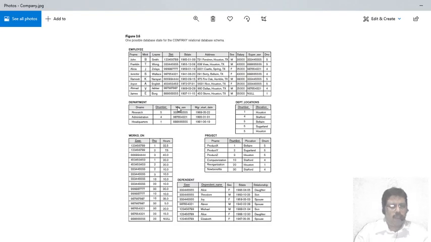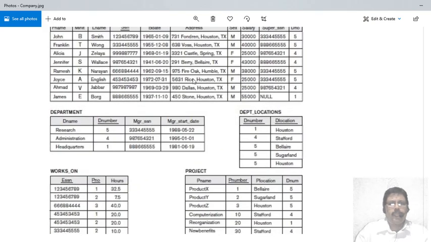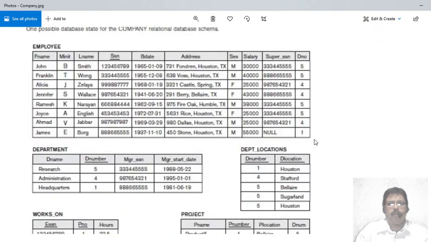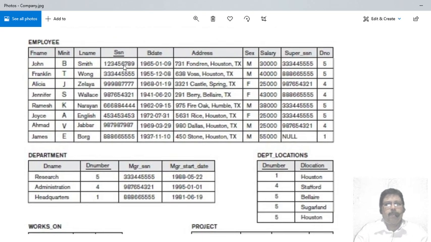Yeah, I hope it is visible to you. I will just zoom it. So I will take only employee data here, not any other data. Here you see, when we created the employee table, we had created the relationship between the SSN and super SSN. Correct? Now that is the supervisor relationship. And this MGR SSN and SSN, that is a manager relationship. Here you can see, so you just go through the data.